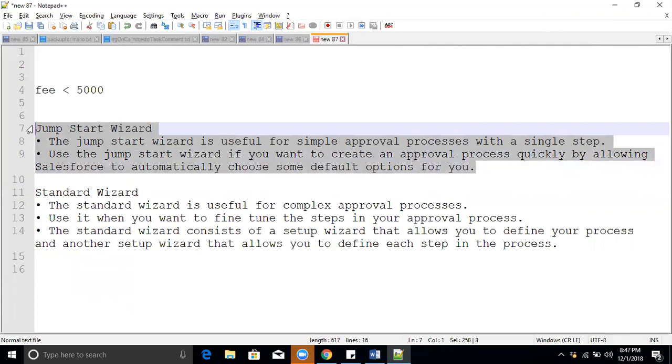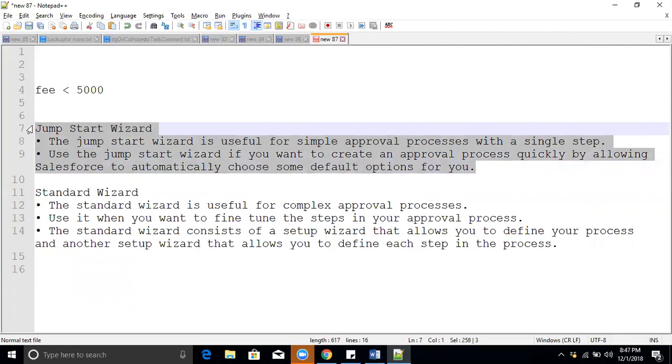It is created in a single step; we don't need to click next buttons. In a single page we mention the approval process name, approval criteria, and who we choose as approver. All actions we can perform on the single page.